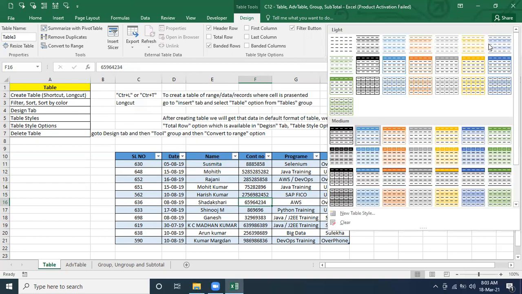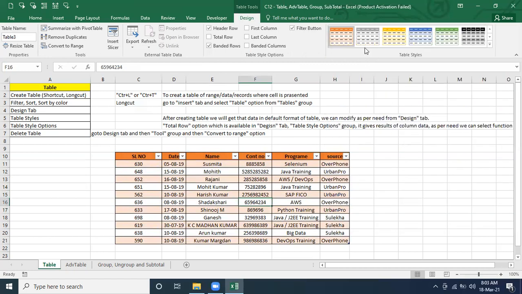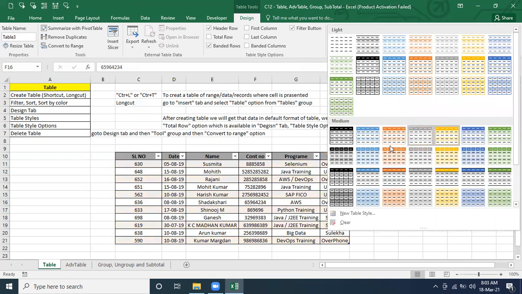Now we are going to talk about this style, the table style. If you are not happy with this, you can pick any one of these formattings. You can mouse over on it and pick. Let's say you are happy with this, you can pick; if not, you can go for another one. Even if you are not happy with any of the predefined ones, you can define your own.